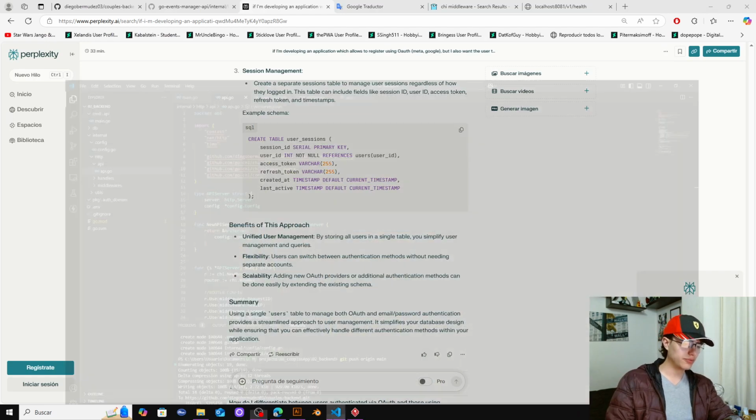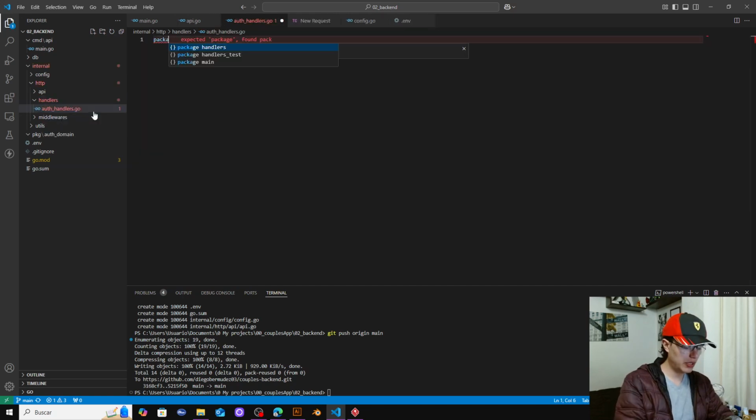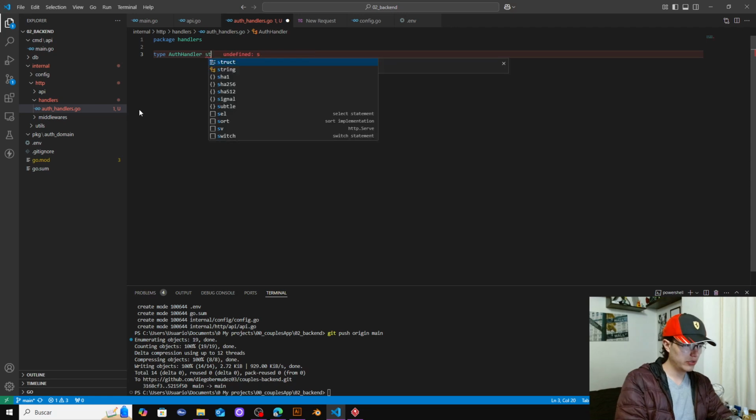Now let's start with the code for our register endpoint. So let's continue here with our code base. Let's move to handlers. Here we have the out handlers.go, and this will be part of the package handlers, and I'll have a type out handler struct,